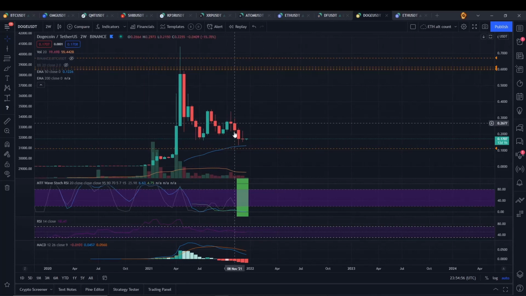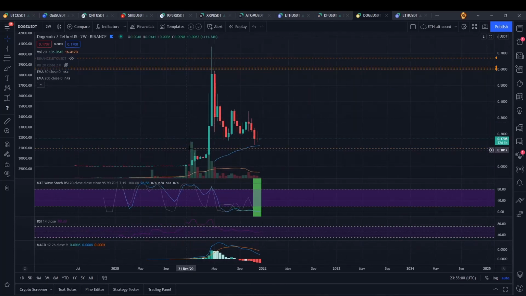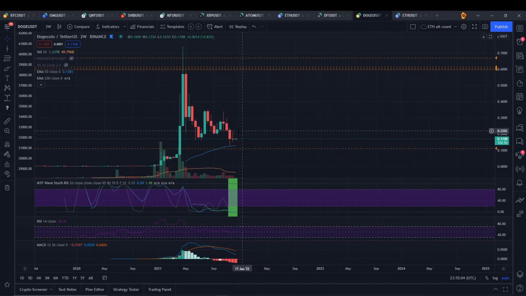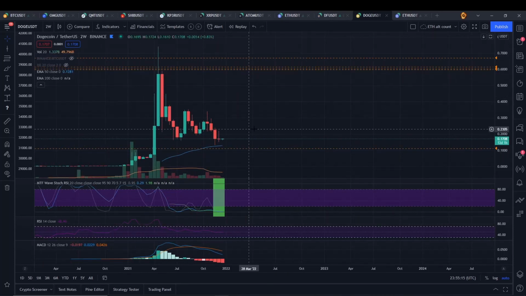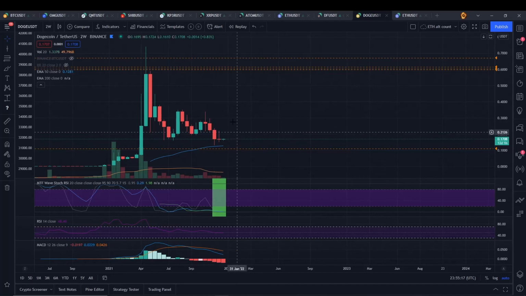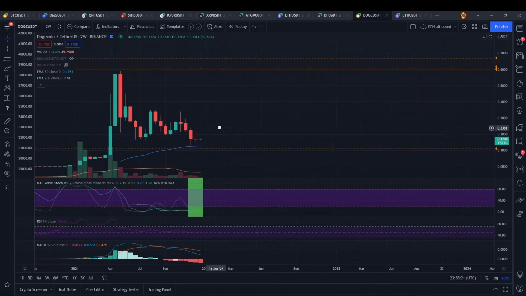So now, yeah, this is oversold. Soon this is gonna bounce. As I explained in earlier videos, oversold doesn't mean for you to long. It just means that a bounce is coming closely. How much it's gonna drop before it bounces is something that's hard to tell, and only normal technical analysis can show you that. Okay, so for example here, looking at the candlesticks, probably this candle is gonna be probably a